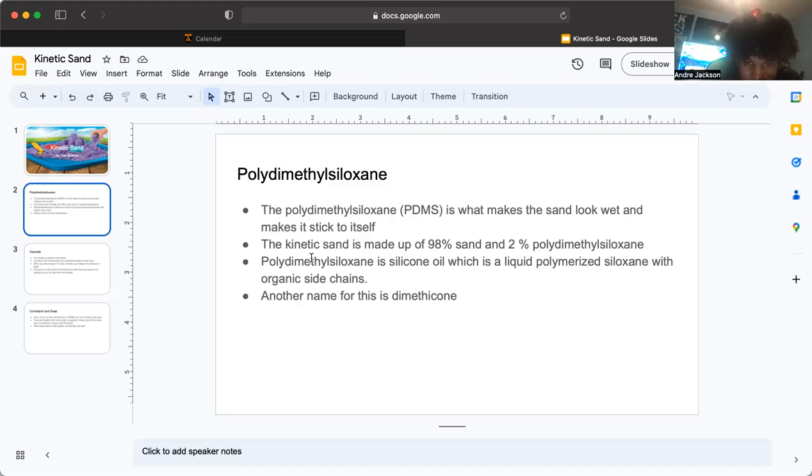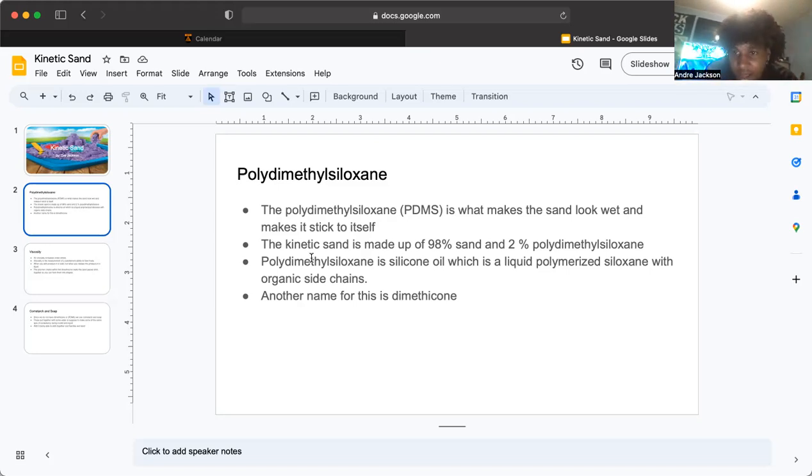PDMS is silicone oil, which is a liquid polymerized siloxane with organic side chains. Another name for this is dimethicone. So essentially, the real Kinetic Sand is made with PDMS, or dimethicone. And this is essentially what makes the sand stick to each other and how you're able to form